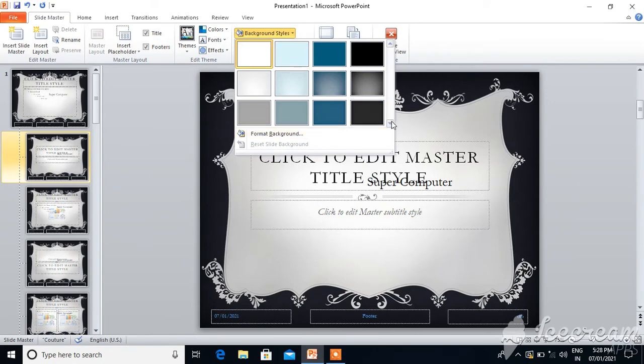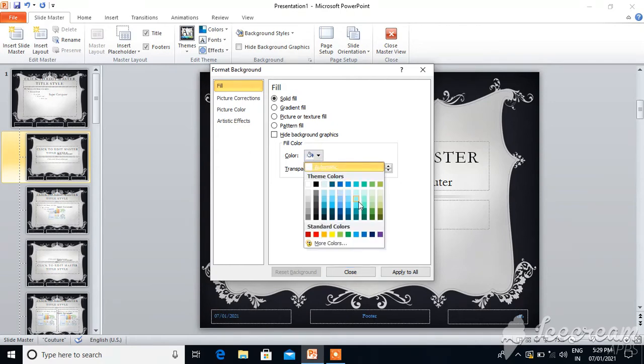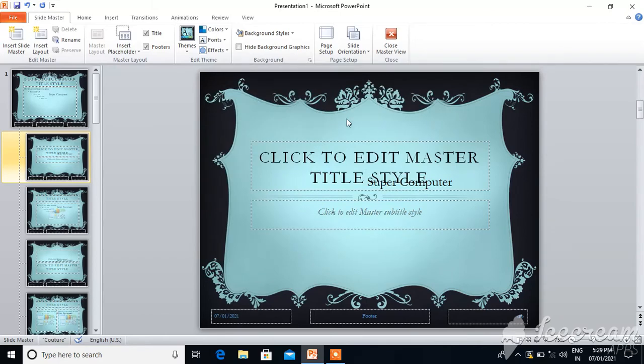Suppose you want colorful, just click on Format Background. Okay, now if you want to fill a solid color, just select the color, click on Apply to All. See, this blue color gets applied to all the slides.